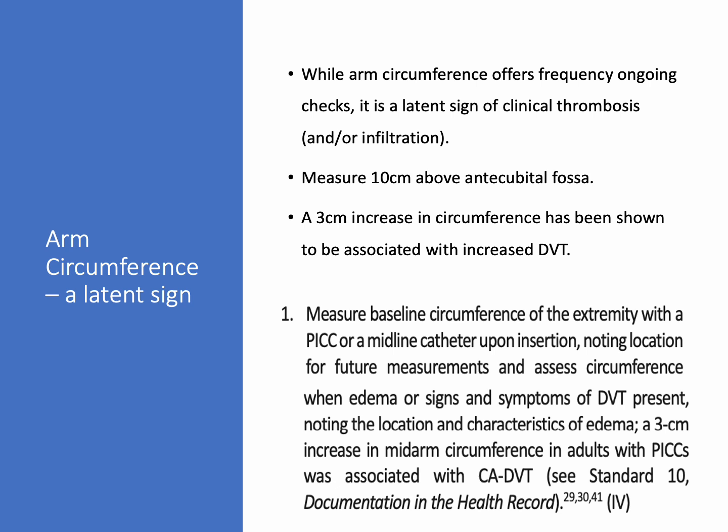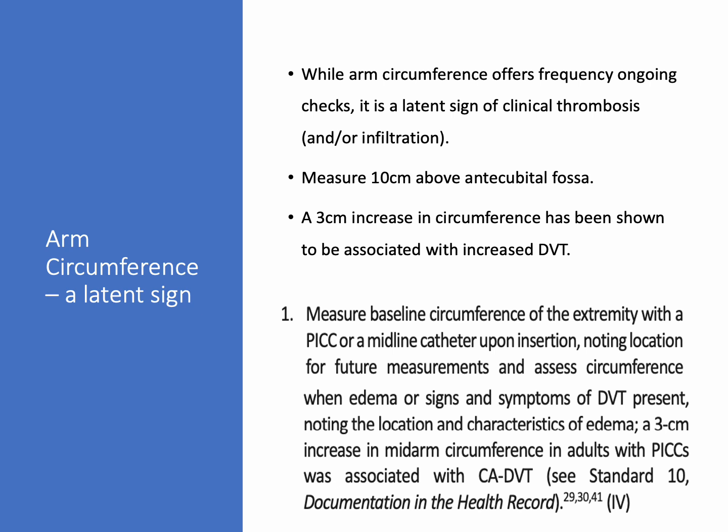A lot of the issues around using arm circumference are very latent responses to upper extremity DVT and the associated swelling of the limb. And while the INS standards of practice have said this is how you do it,